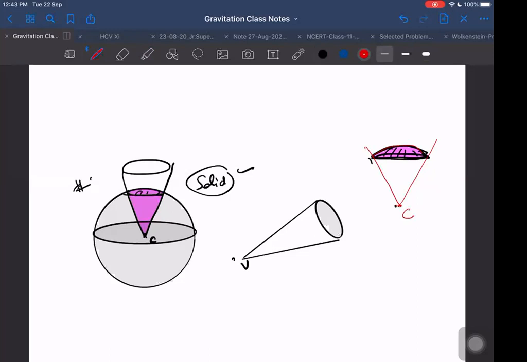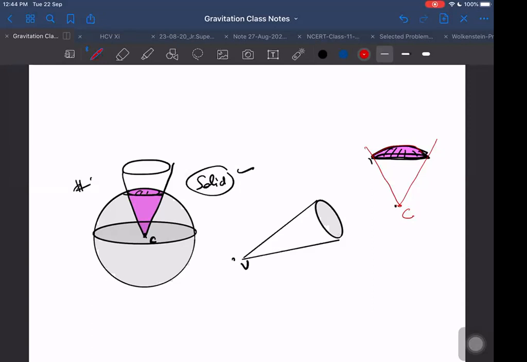Sometimes time does not allow. For example, in rotational mechanics, the time was a little less, so I didn't take the difficult questions. Some questions I left, and I thought I would take those in the revision program. But by the end of the year, if you do only what I'm telling in the class, that will cover up to Olympiad level also. You don't have to do anything else. That is enough up to Olympiad level.